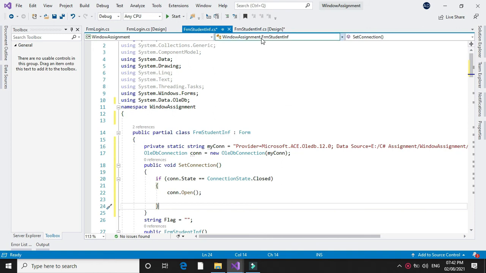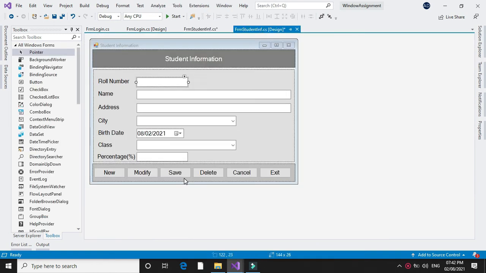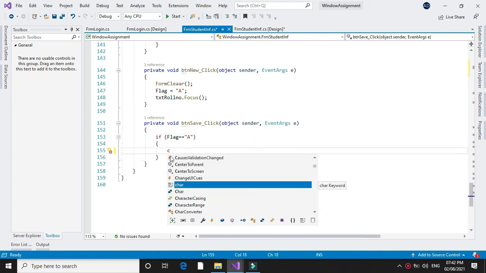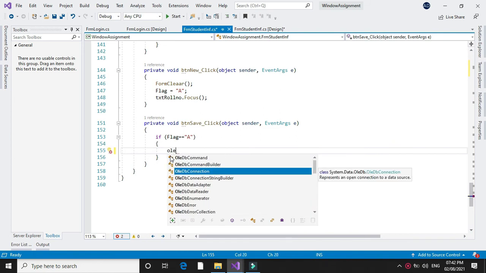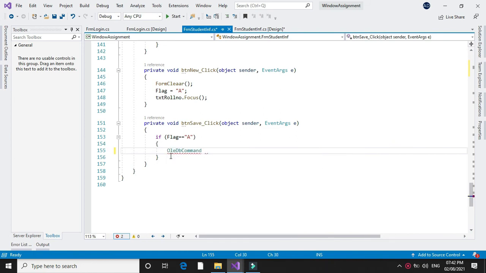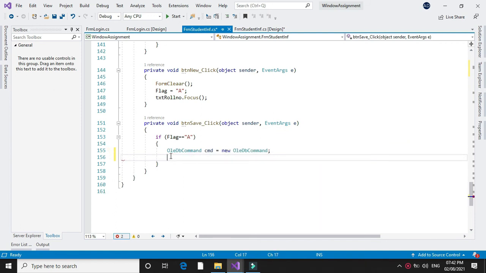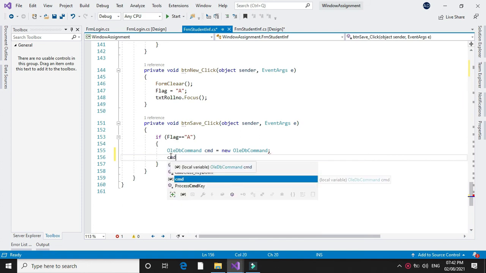Now we will move to save button. On save button click event, we will check if flag is A, then we are going to insert the data. So first I will check if flag equal to A. I will create the command object. So OleDbCommand cmd equal to new OleDbCommand, and in cmd we will execute our insert statement.